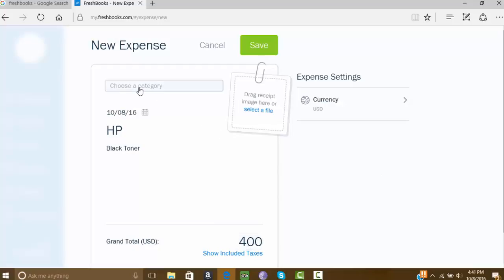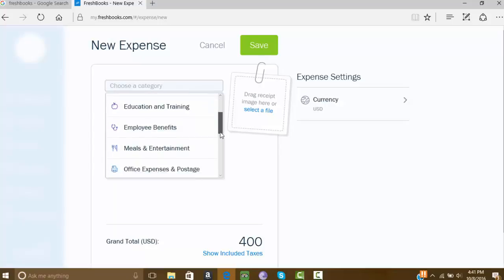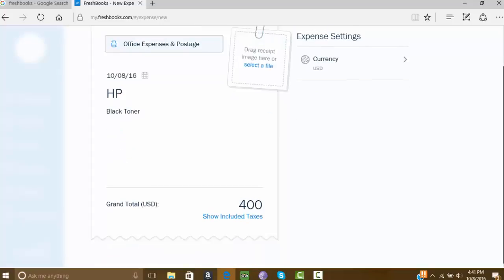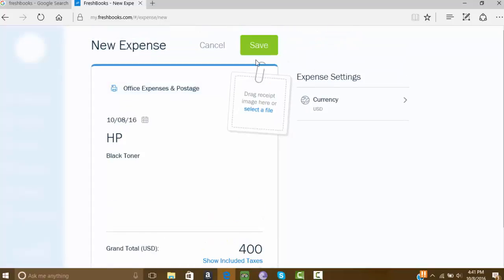And it's in US currency. Let me see the category. Let's look at it. Okay, office expense. Let's put that. So if you look at this, if I save it,